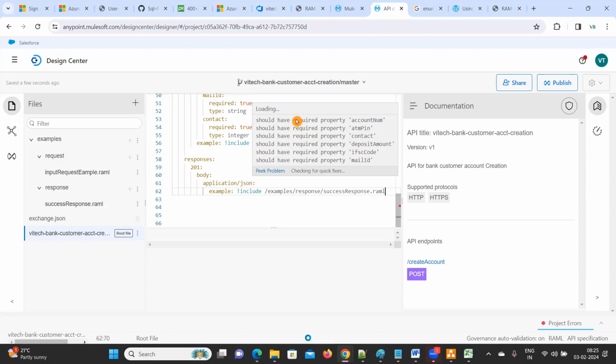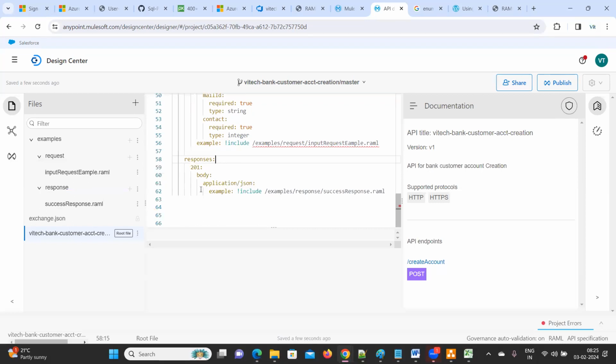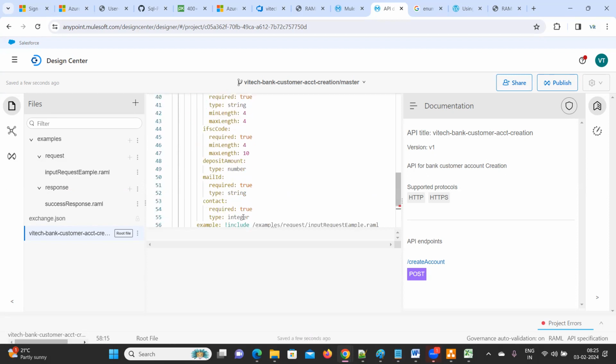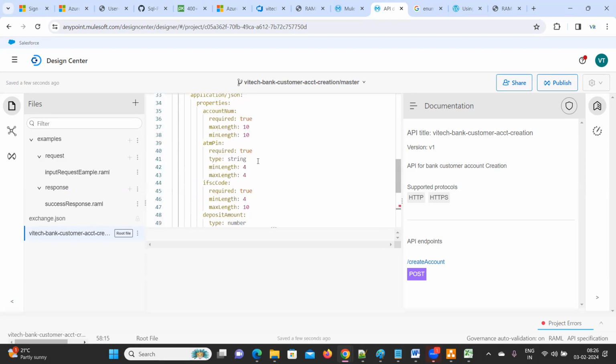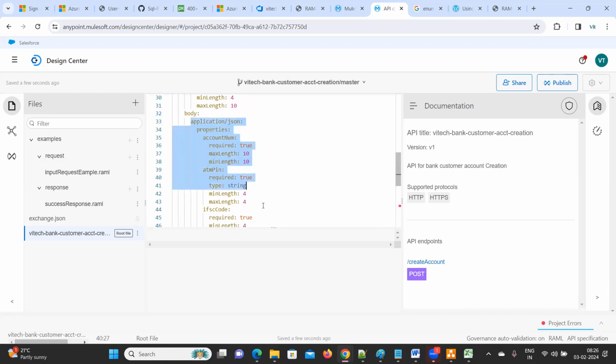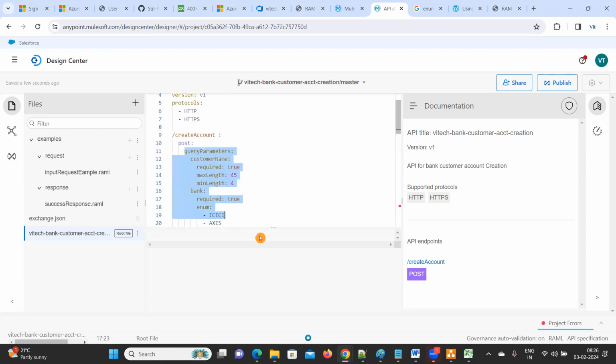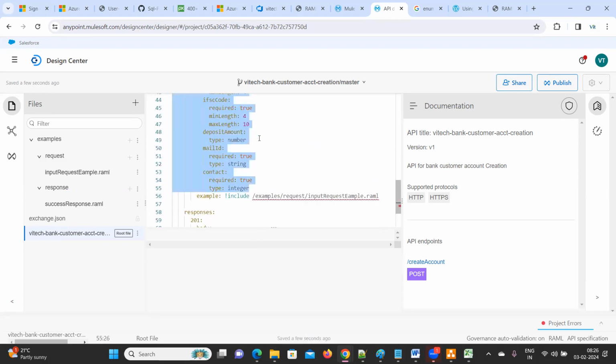Okay, still it is loading. Okay, let it be. So now this is done. So wherever the common code, if you want, you can keep these query parameters in the traits and you can use this. Okay, sorry, here the query parameters. See, this one is also correct. So whatever we have done so far,